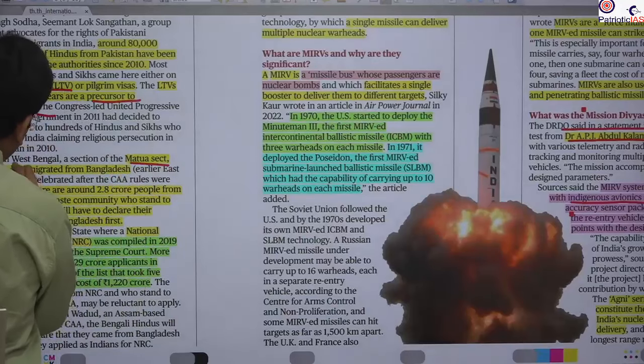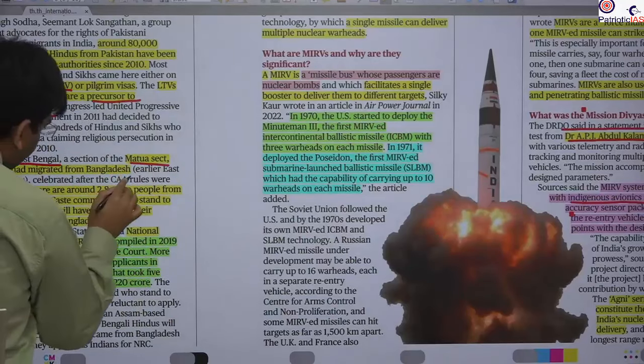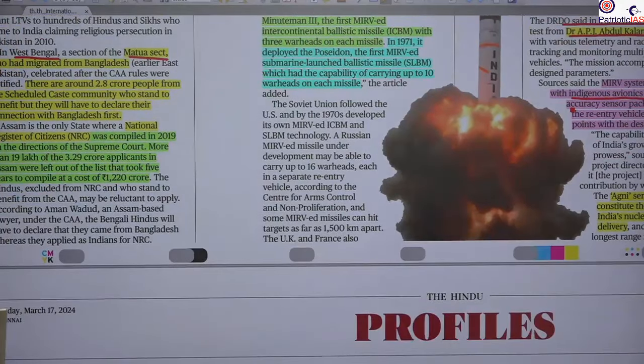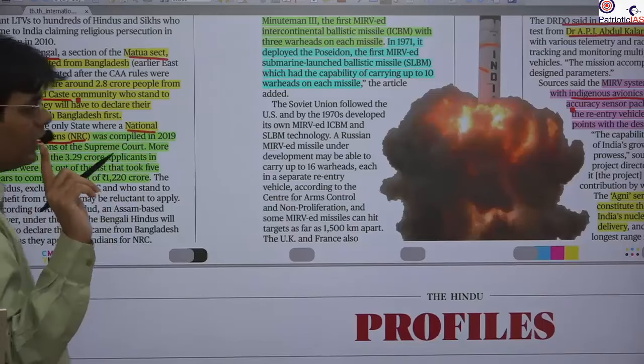They are in West Bengal, and they will get benefited. Their number is very high in West Bengal. They are from the scheduled caste community. So please remember. Besides that, you should know that this National Register of Citizens is only done in